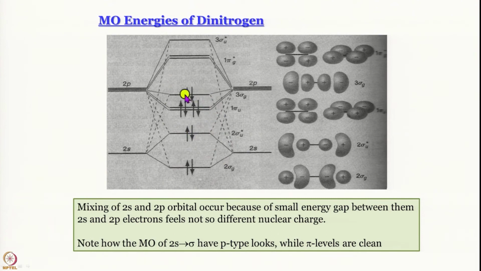What happens is this sigma orbital, which you would expect to be lower than the pi orbital, comes above it in energy. So the HOMO that we get is actually a sigma orbital, which would not undergo addition reactions. That is what makes dinitrogen so unreactive, and that is why